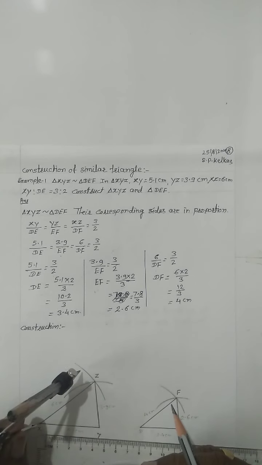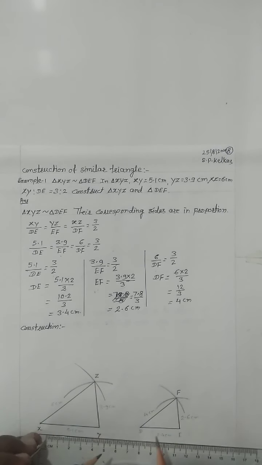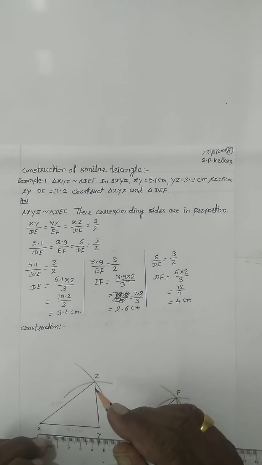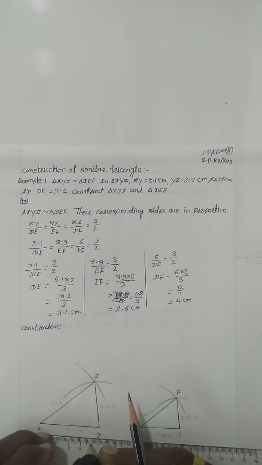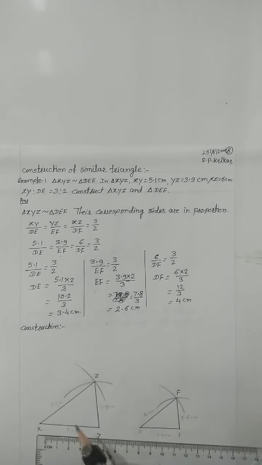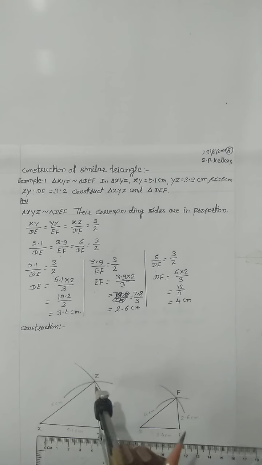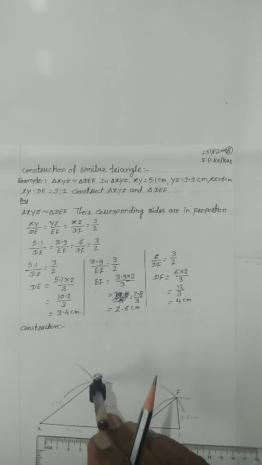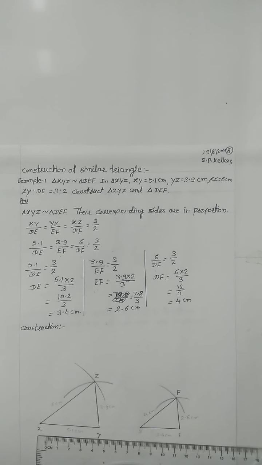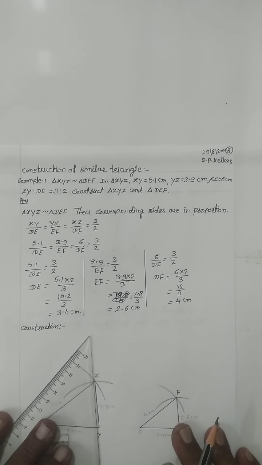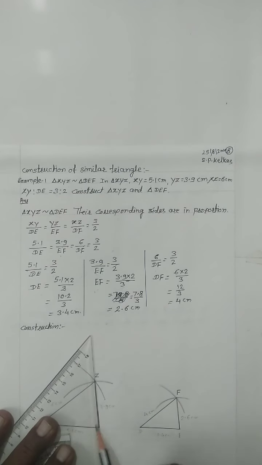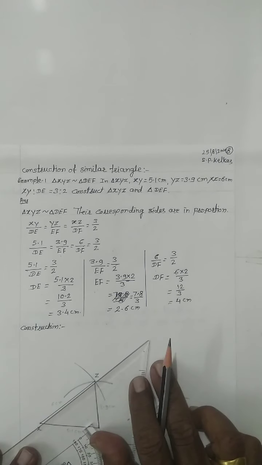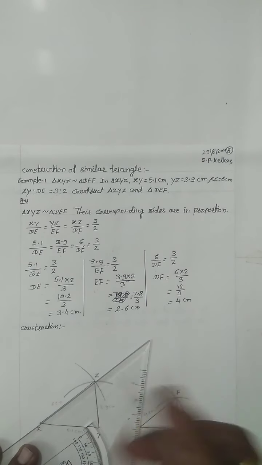Draw the arc. Then again take a distance between two terminals, 3.9, that is the ZY side. Put the terminal on Y point and draw the arc. The previous arc and this arc intersect at one point, that point is Z. Now connect this Z with Y. We get the second side of the triangle. Then Z with X. We get the third side of the triangle.